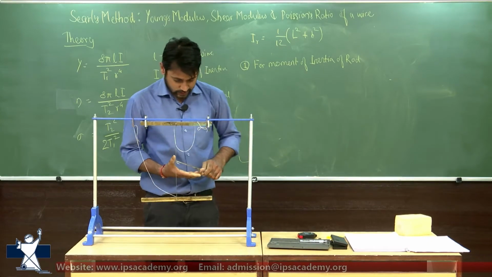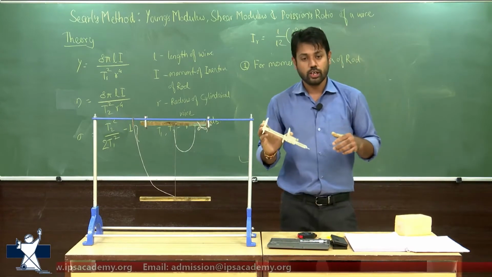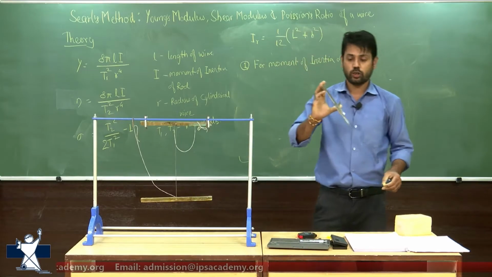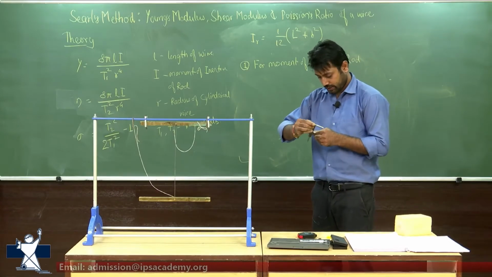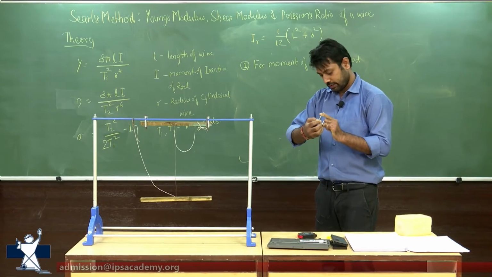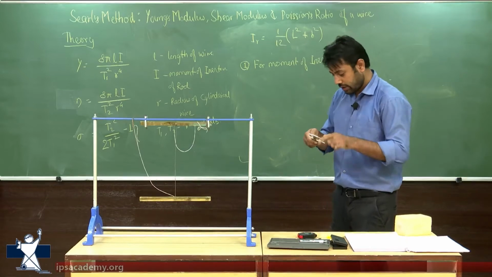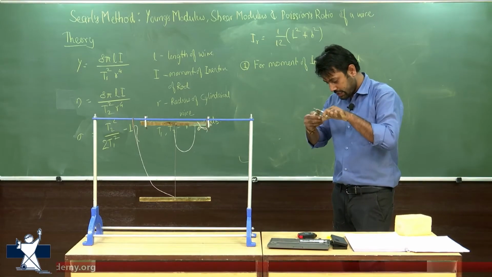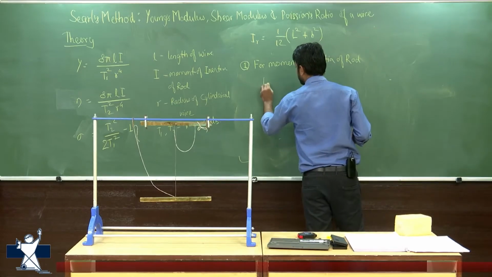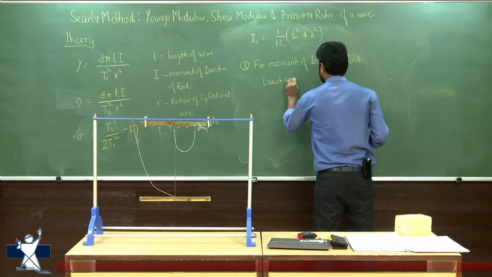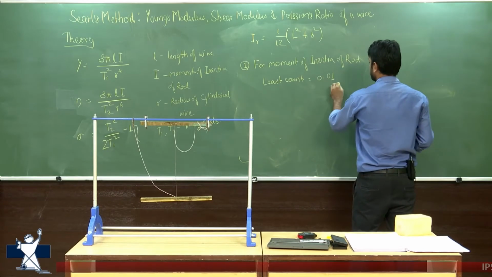Okay. So first of all, whatever measuring instrument you are using, you need to note down the least count of this measuring instrument. So the least count of this instrument is, in the main scale, 1 division is equal to 1 millimeter, and in the Vernier scale, the 1 millimeter is divided into 10 more divisions. So the least count will be equal to 0.01 millimeter.